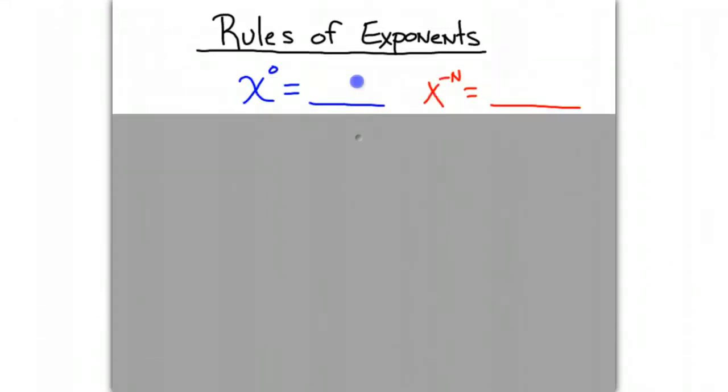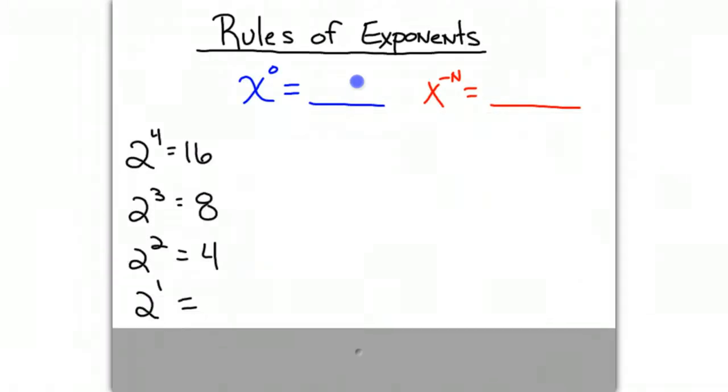Let's explore some more rules about exponents. The two rules we're going to look at are x to the 0 equals something, and x to the negative n equals something. We're going to explore these two rules by looking at patterns, and we'll look at it with